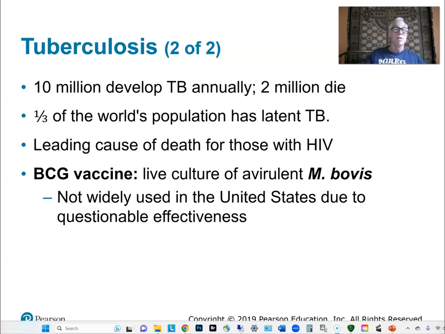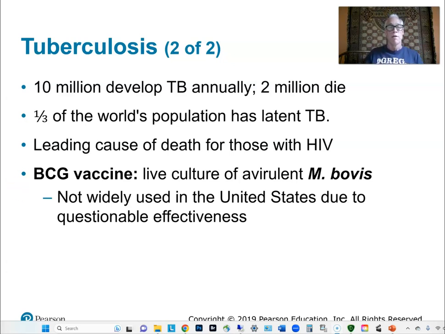It's a prevalent disease. 10 million people get tuberculosis annually, 2 million deaths. That's a pretty lot. One third, it's estimated, of the world's population has latent TB in their lungs. They don't know it because they don't feel sick. There are no symptoms, right? Those tubercles are just sitting dormant in the lungs. People with HIV are highly susceptible to it, and instead of being walled off, it just goes haywire in their body,